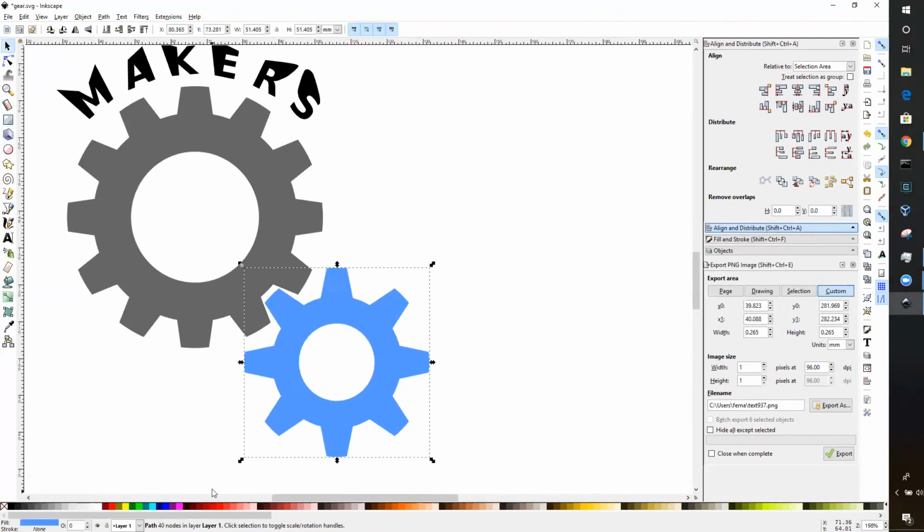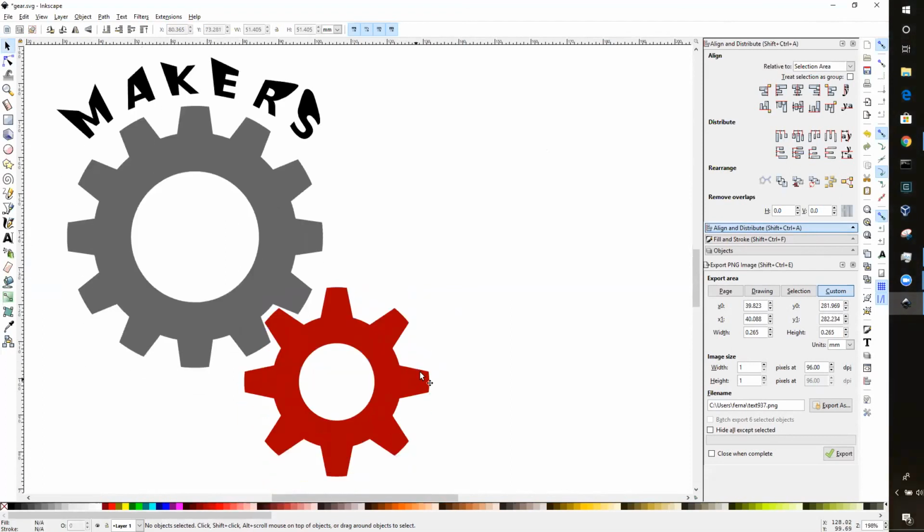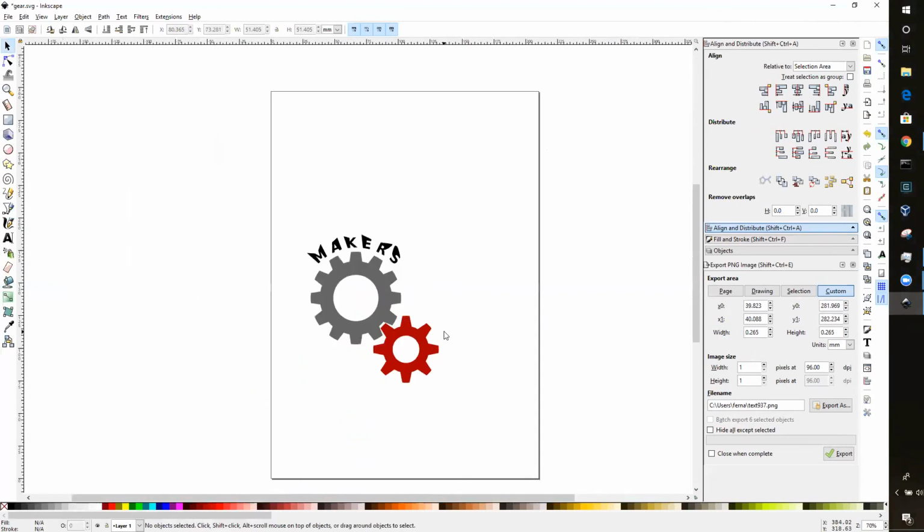But let's give this a better color. Let's pick maybe, yeah, that. Makers. And so hopefully that gives you some ideas. Now with a lot of this stuff, right? If you have a lot of objects,